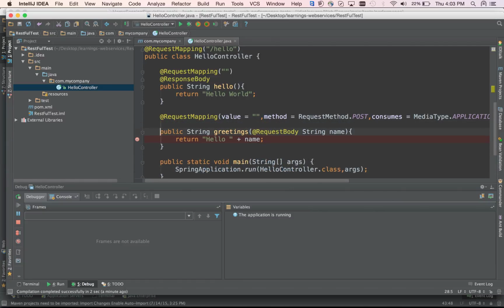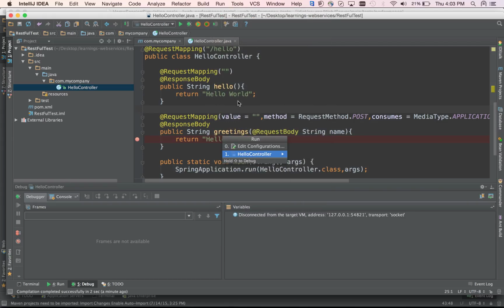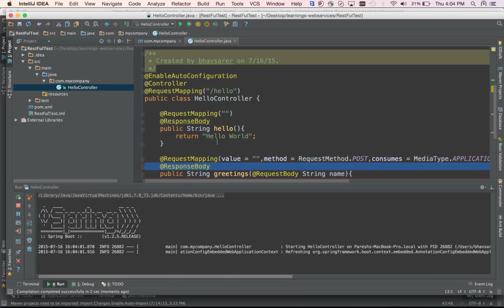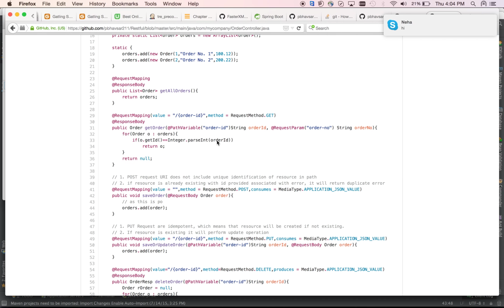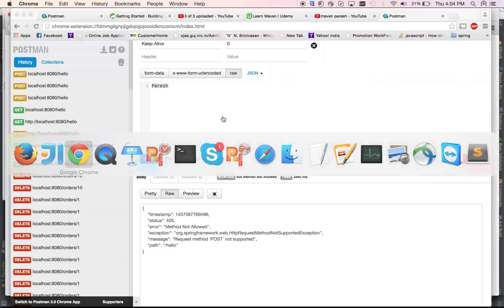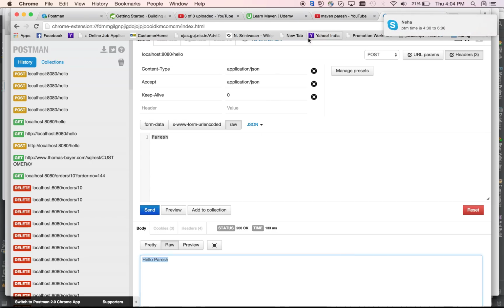A very important thing is, whenever your method is returning anything, you need to define something which is called a response body. If you don't define the response body, you will be facing the same issues. So we will try to run this again. You need to define the response body because we are basically sending a stream, and that stream needs to be converted into the body. Alright, so when we send this one, you can see that we are actually getting